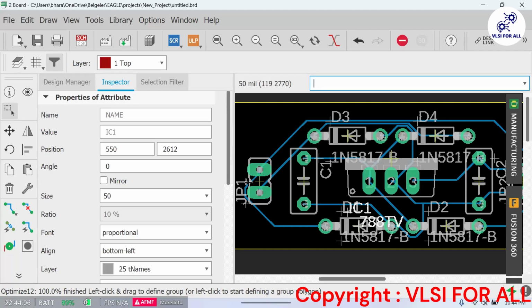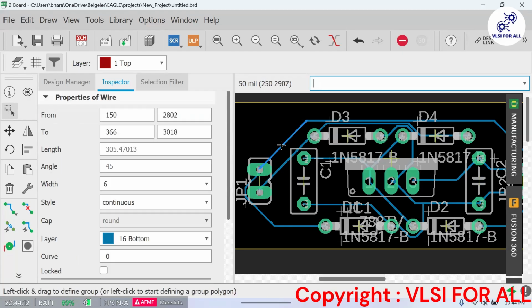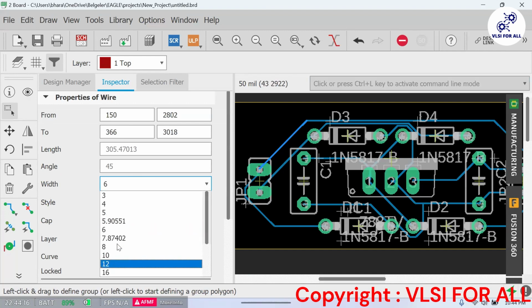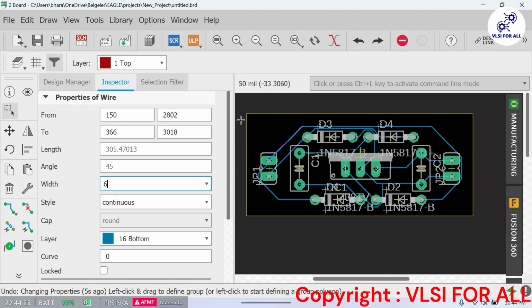But the wires seem to be thinner in this case. If you want to make them thicker, you have to go here, and then you can make them thicker like this.